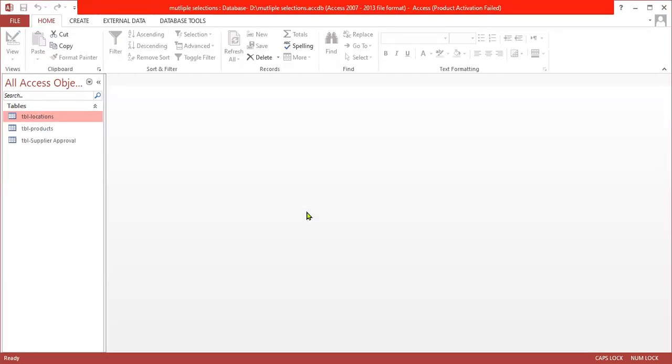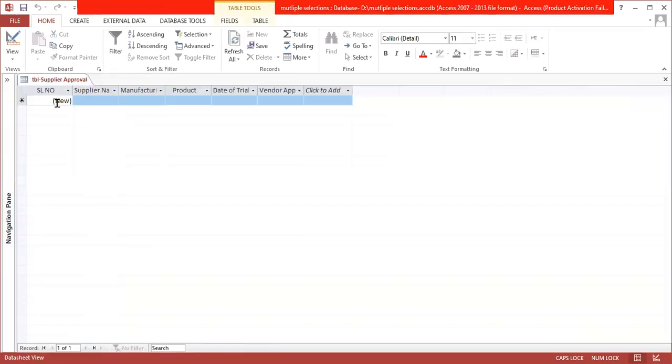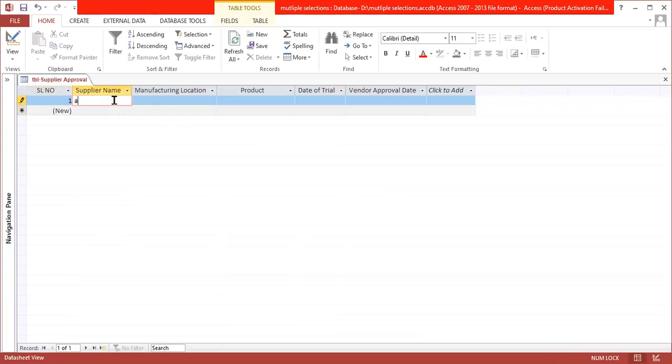Okay. Now, so we have three tables. This is the table where we enter the data, and these two tables provide the data to this vendor approval. So when you click open, close this one. See here, the first field is supplier name, manufacturing location, and then you have the product name, and then date of trial and vendor approval date. So let us add a vendor called ABC